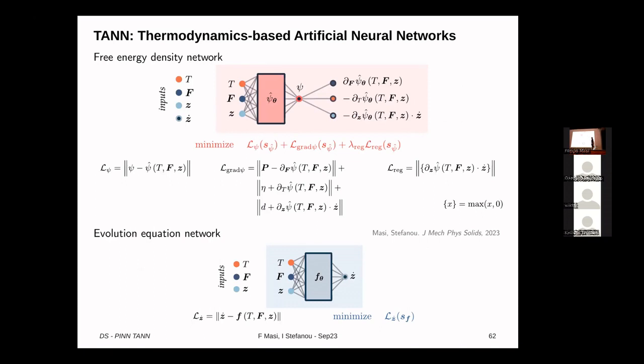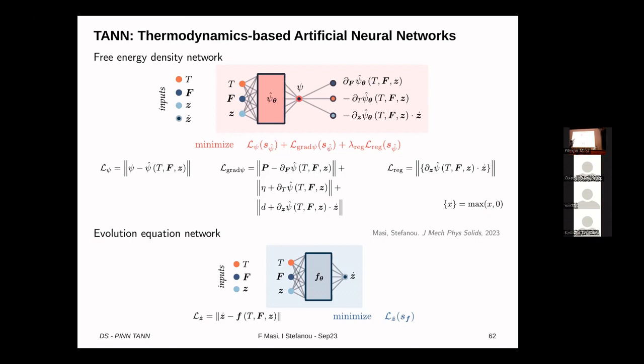Thank you. That's right. So those are the stresses. Second is the entropy, and the third one is the internal dissipation rate. So what we do at this point is that we minimize, not necessarily this loss. We can talk about that later on. What we minimize is a loss related to the error with respect to the prediction of the free energy,